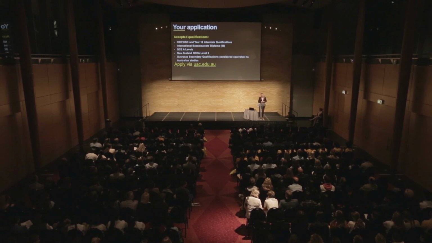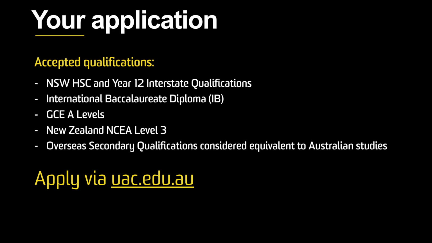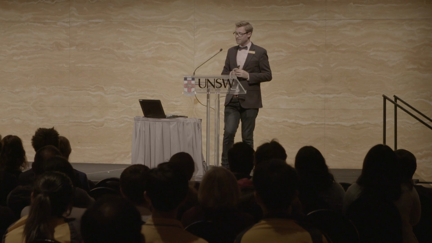So, a couple of key things: your application. Ultimately, you will apply to study at the university via the university's admission center, and we require that you have completed one of these qualifications, essentially the HSC for most of you in the room, or the IB, or, if you end up moving interstate, one of the Australian senior secondary qualifications, or if you're a New Zealand citizen studying in New Zealand, which I imagine there probably aren't any here at the moment who've flown in from New Zealand, but possibly watching later, and any overseas secondary qualifications as well. So you need to have completed those, and then you can be assessed for admission via the university's admission center.